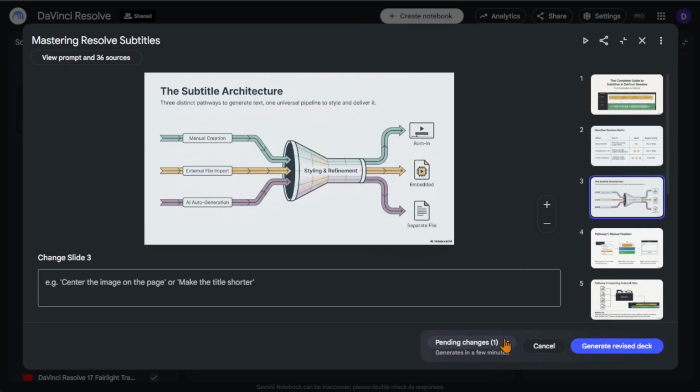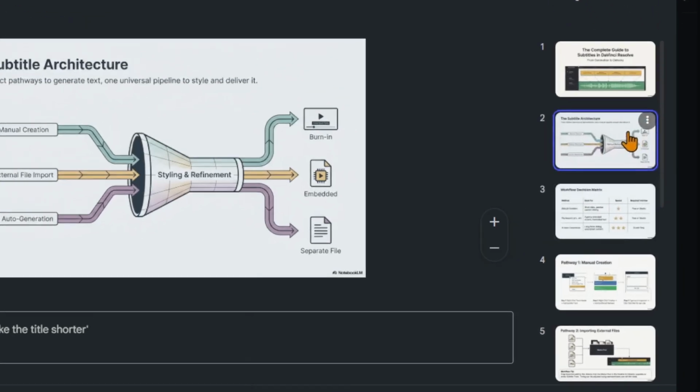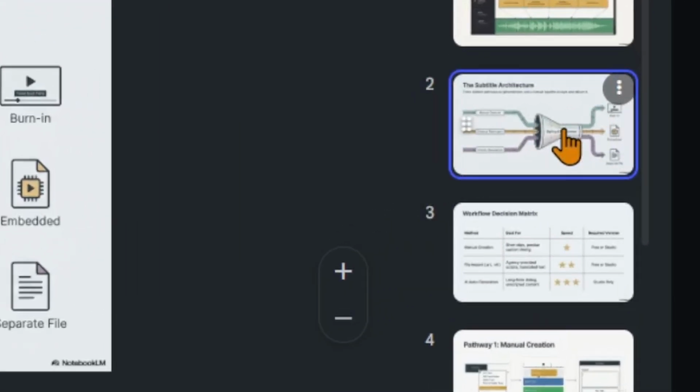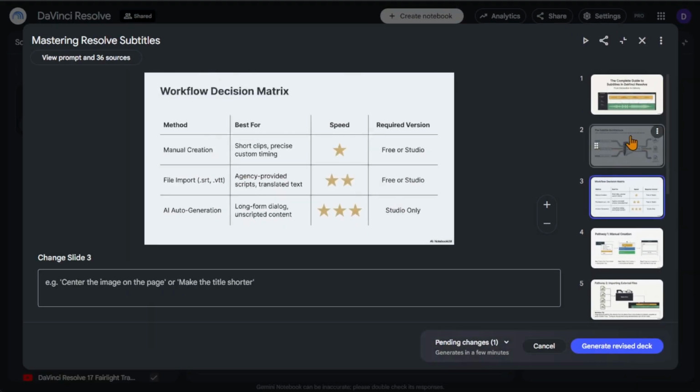And this is already a pending change in here, slides reordered. Definitely couldn't do that before. Put it back because it doesn't make sense like that. And then the other thing, again, if I highlight the slide, I now have this little vertical ellipsis, and I can click that and I can delete slide. And now if I don't want slide 2, it would